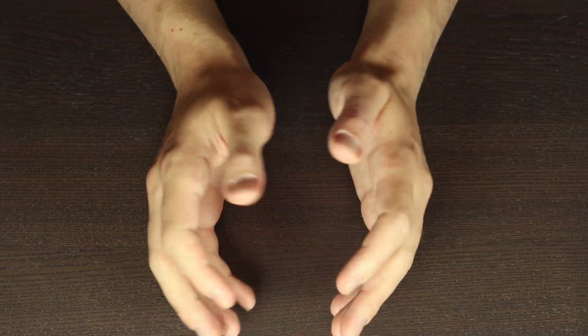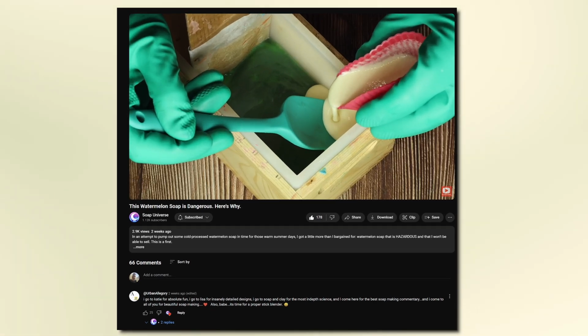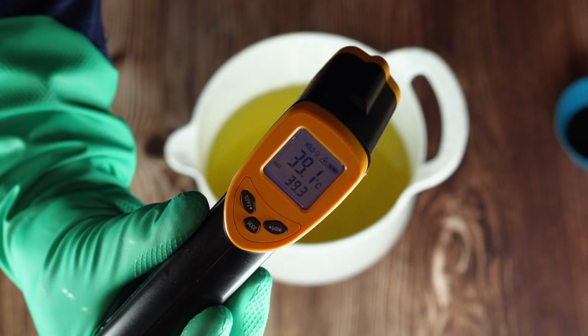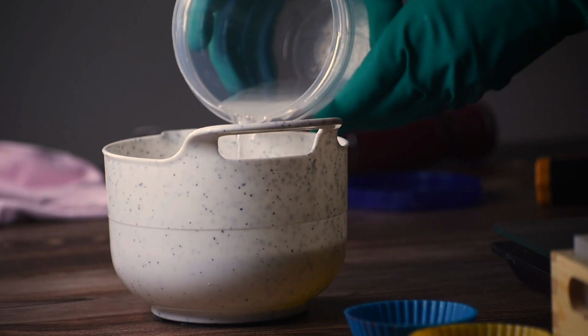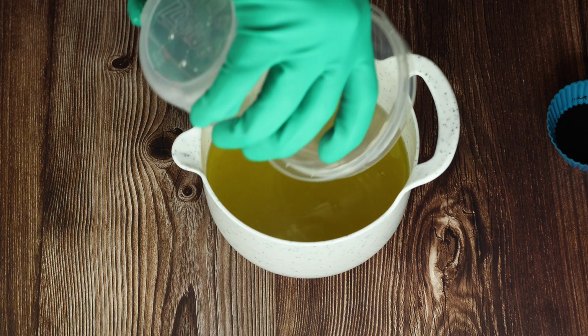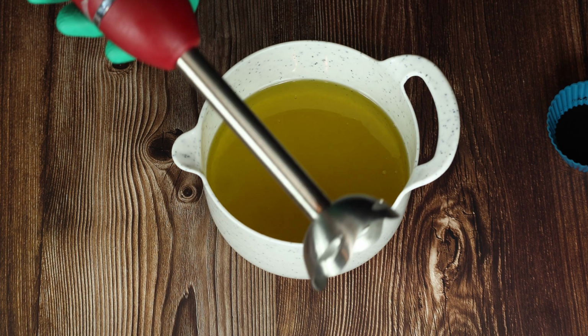Lately, I've been having a bit of trouble with graininess in my batter. If you saw my watermelon soap video, then you know what I mean. To try to avoid that, I'm soaping warmer today at exactly 40 degrees Celsius. This should keep all of my solid oils nice and toasty so they don't solidify while my batter is being prepared. My lye liquid goes into my oils, and I'm going to blend with my stick blender,